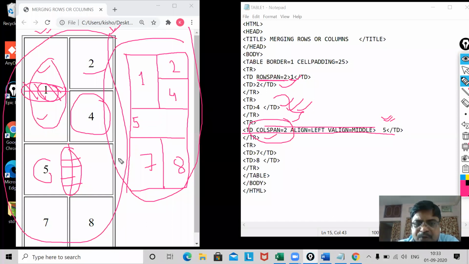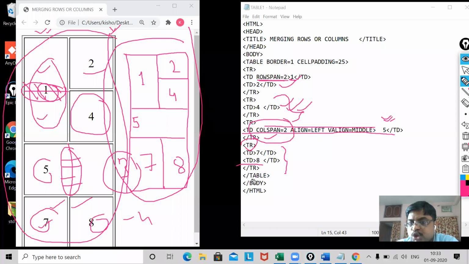It means my third row is also over. Now my last row is what? 7 and 8 containing the data in the fourth row. You can see it. So this is the use of row span, col span, v-align and align.